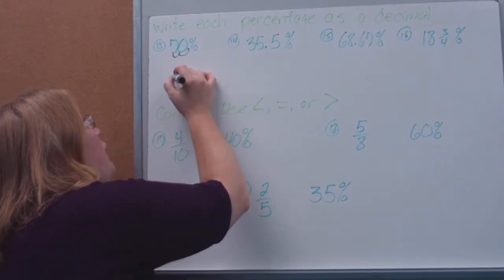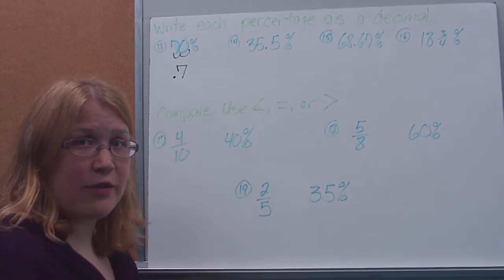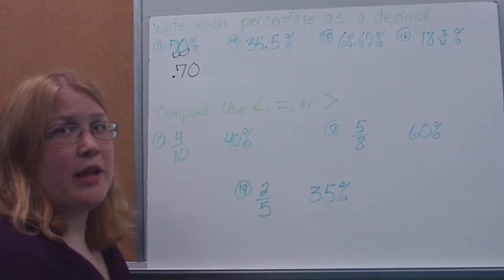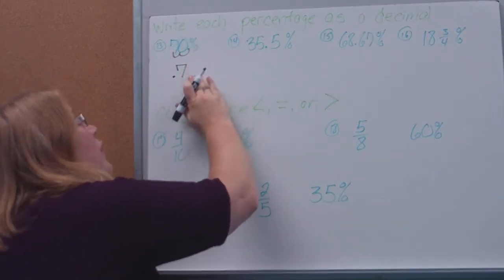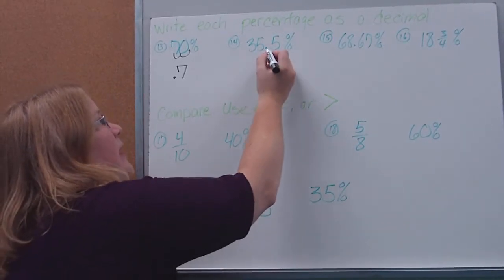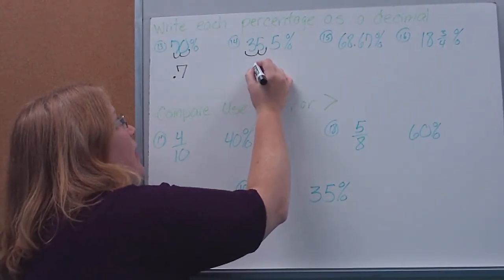If I move it over 2 places, I wind up with 0.7. I could write 0.70, but I don't need this 0 here. That's a placeholder, okay? Those are the same numbers, 0.7 and 0.70, same number. So we don't have to write that 0. You can if you like to. So same thing here. I'm going to divide by 100 or move my decimal 2 places to the left. I wind up with